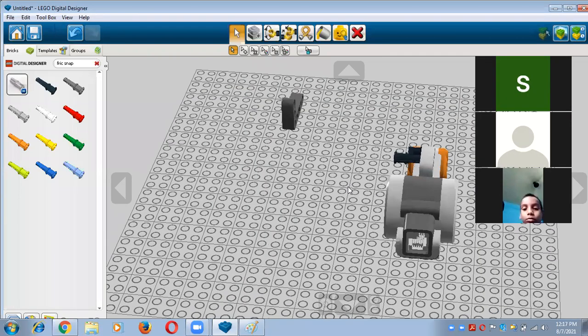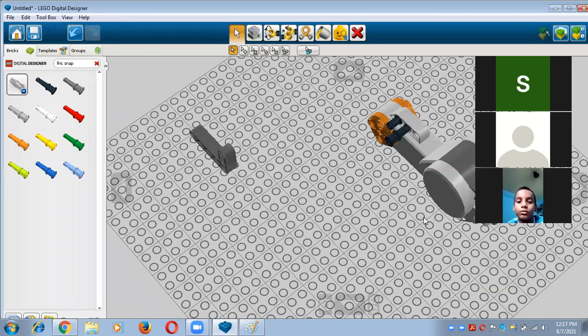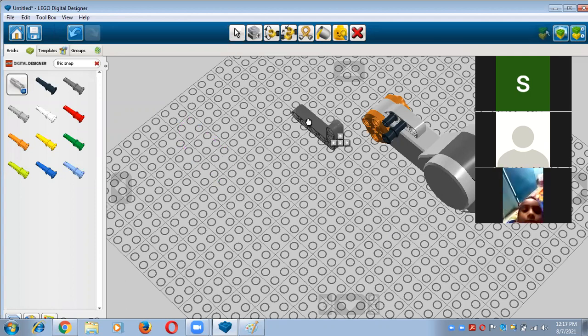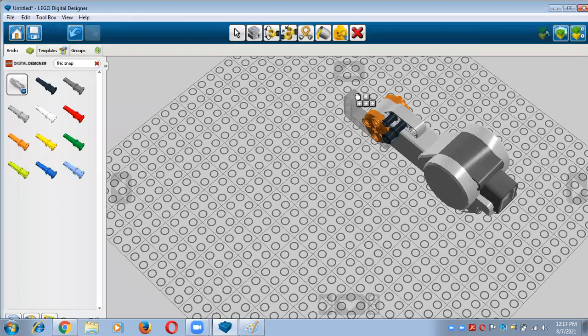Now I would like to change the direction, and now I will set this Technic angular beam, its degree is 90. So I will take this one and now change the direction like this, and after that I have to set it in this way. See carefully, right?